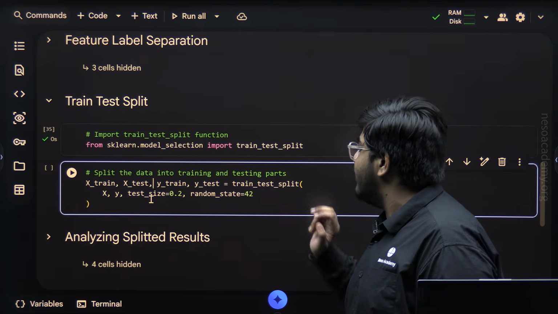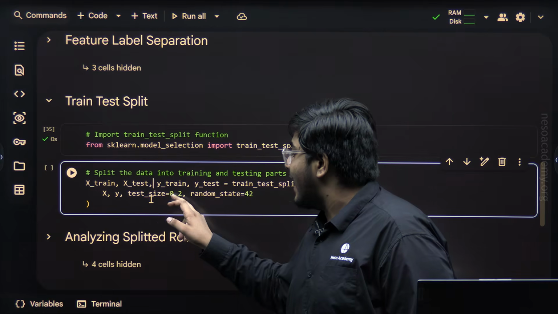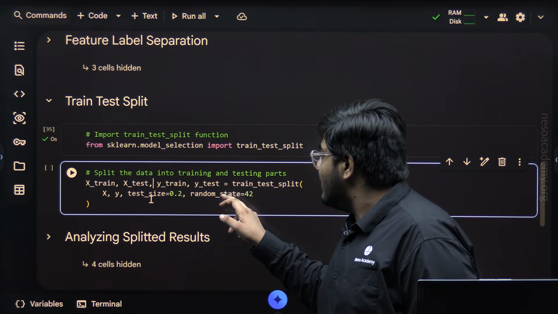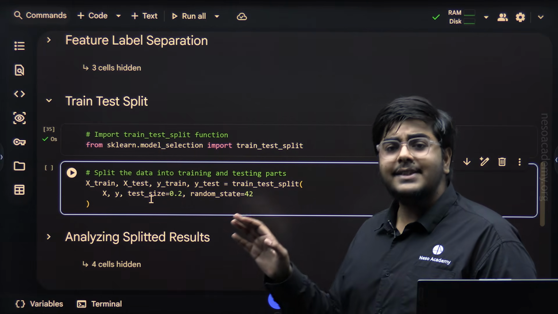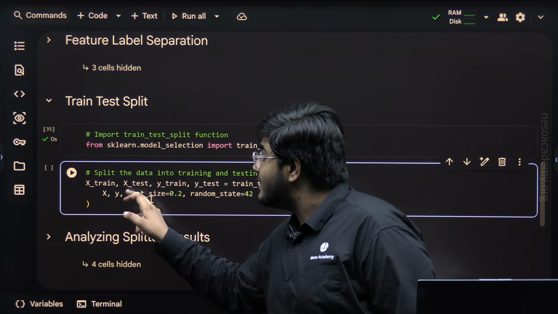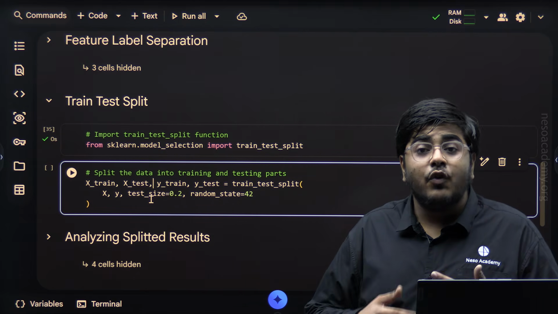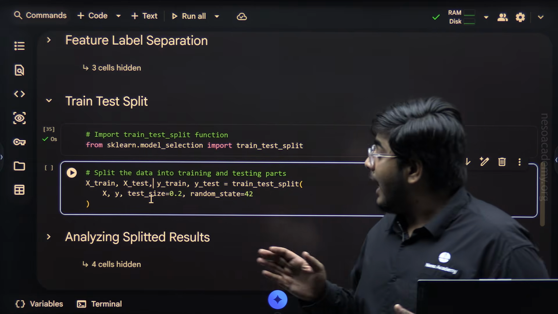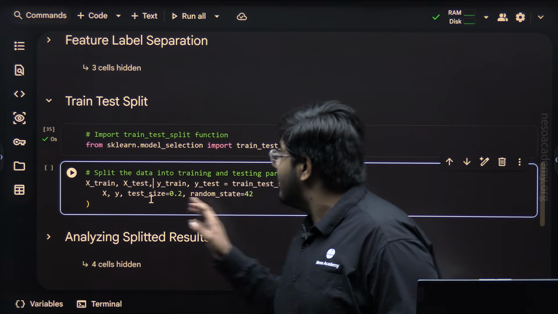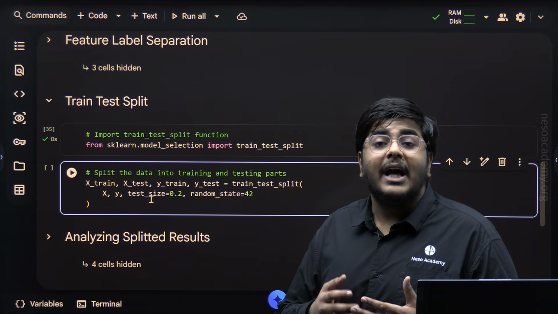Under the train test split function, I have written x, y, test size equals 0.2, random state equals 42. Let's understand each one of them. X, y are the features and label. We have already separated features and labels before performing train test split, and now we are passing them into the function so that the split can be applied.